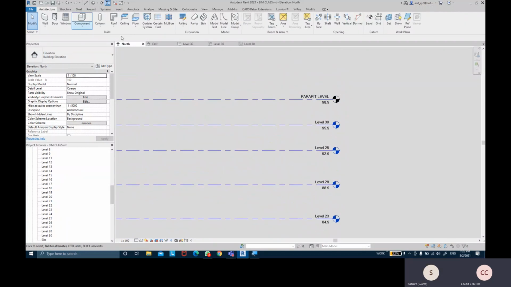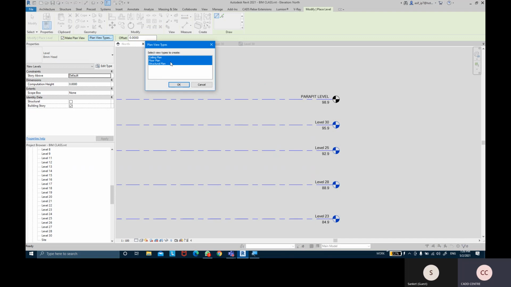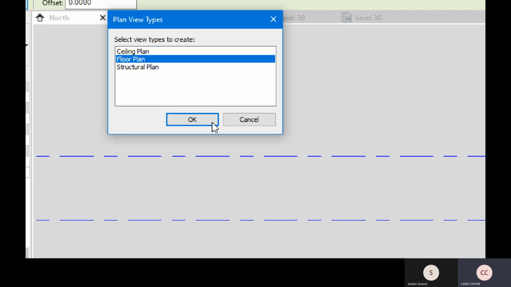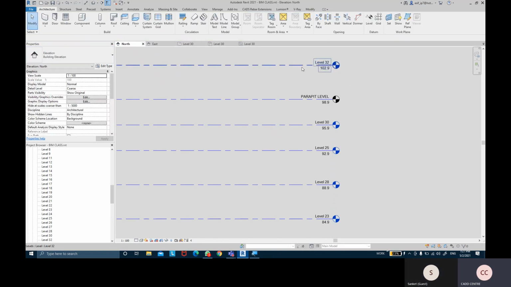Again, if I come into the architectural tab and take the level command, we have this option called plan view types. What is plan view types? Let me go into that list. You can see I have these 3 plan view types over here: ceiling, floor, and structural. So if I say that I want to only create a floor plan, not the ceiling plan, I'm going to only select floor plan, and then click on OK. So when I create another level now, suppose of another 3 meters or 4 meters, level number 32 has been created, and level number 32